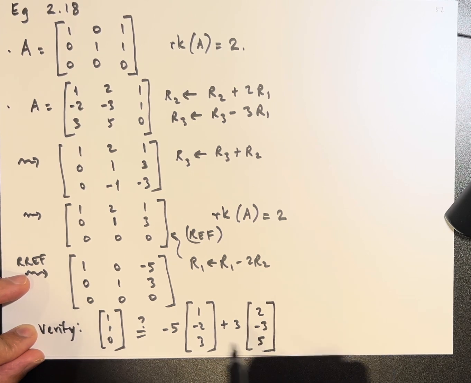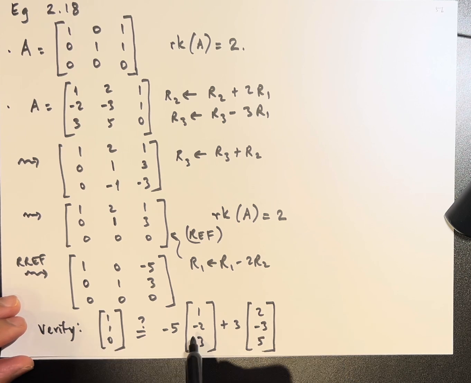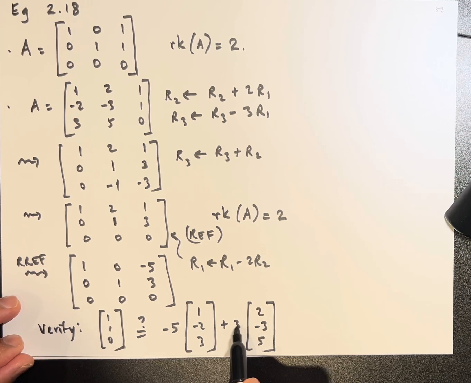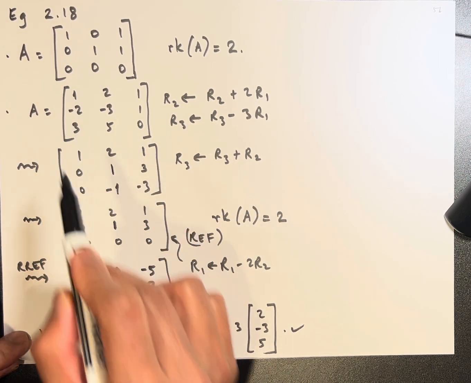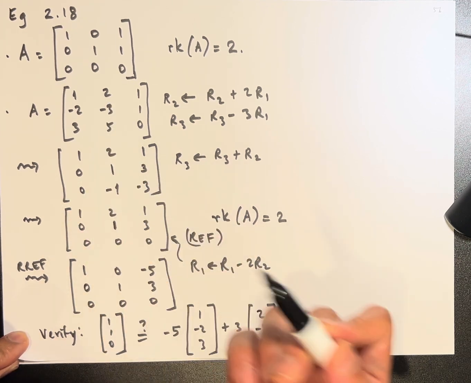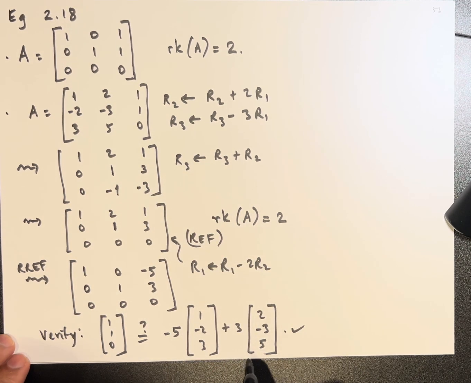Right, so let's verify that. So this is -5 plus 6, so that's 1. Then this is 10 minus 9, so that's 1. Then this is this, so this works, right? So basically this third column is -5 times this column plus 3 times this column, so they are not linearly